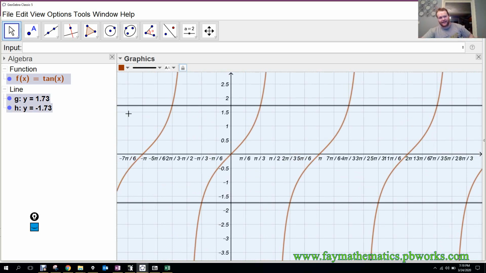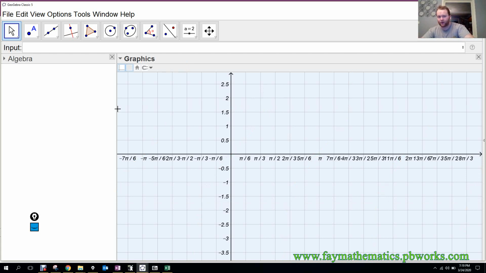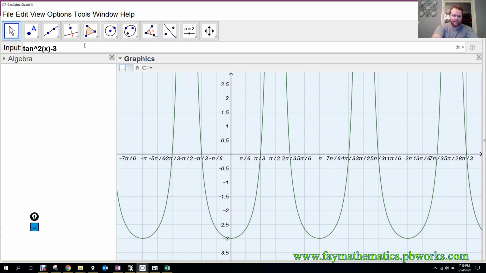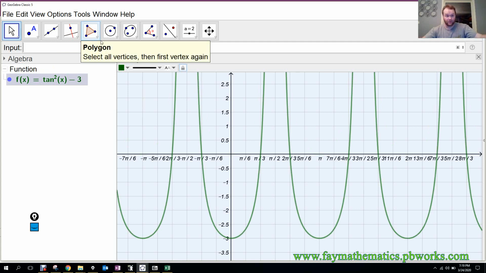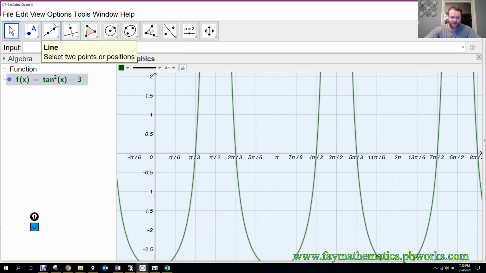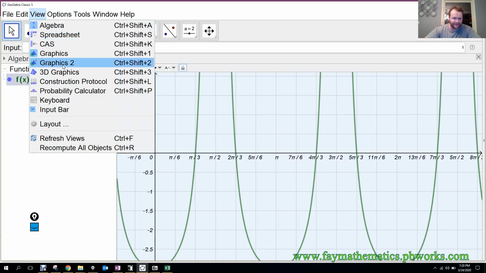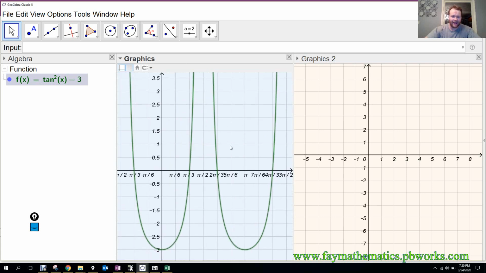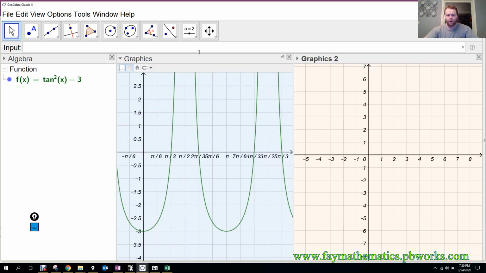And that's obviously looking at the last version of that equation. Remember, the equation we started with was actually tangent squared x minus 3 equal to 0, and we wanted to see where that was equal to 0. Well, this is tangent squared x minus 3, this weird looking graph here, but you see that it's equal to 0 at pi over 3, 2 pi over 3, 4 pi over 3, 5 pi over 3. So the solutions of that graph, just like any other equation we've ever worked in the past, the solutions to that are